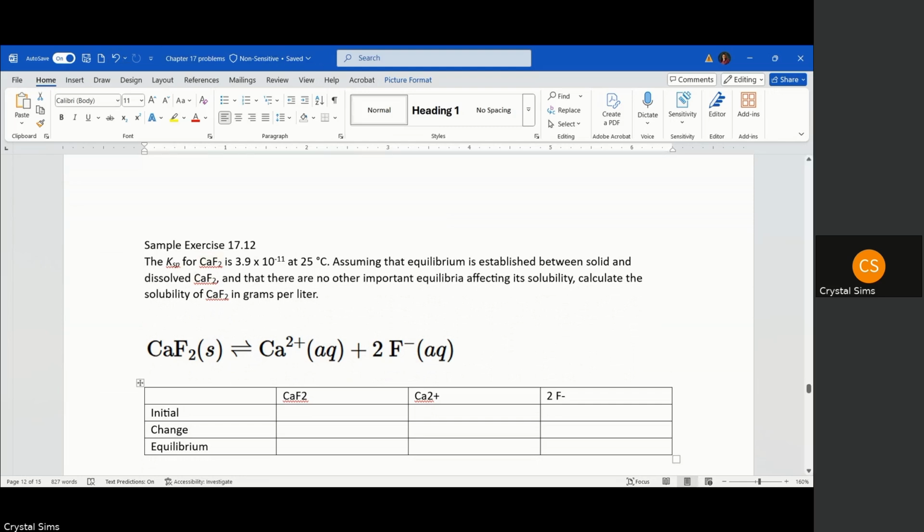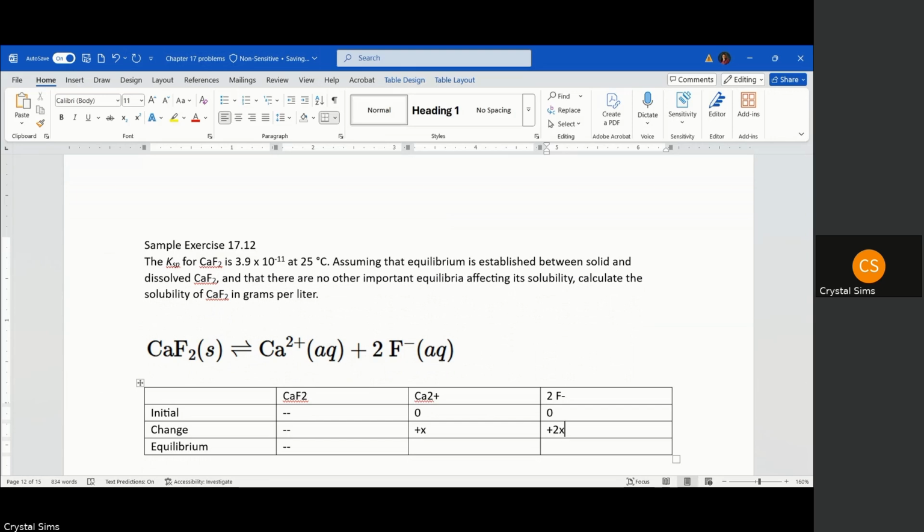I wrote CaF2 in here, but it's a solid, and as we know, it's not going to matter, so we don't really have to worry about it. All we're concerned about is the calcium ion and the fluoride ion here. So what is our initial concentration? Well, it's 0 at first. Okay, we know it's going to change by X, and with fluoride, because we have 2, then it's going to